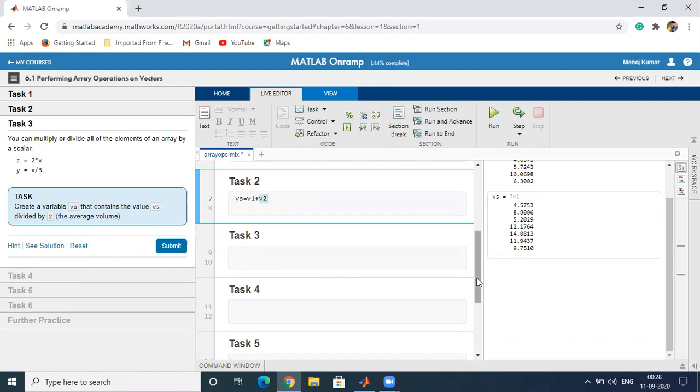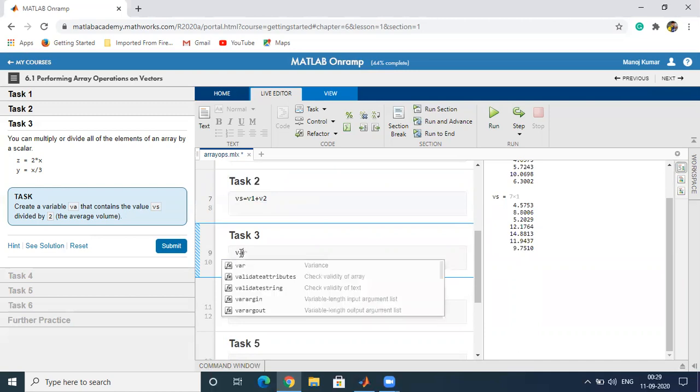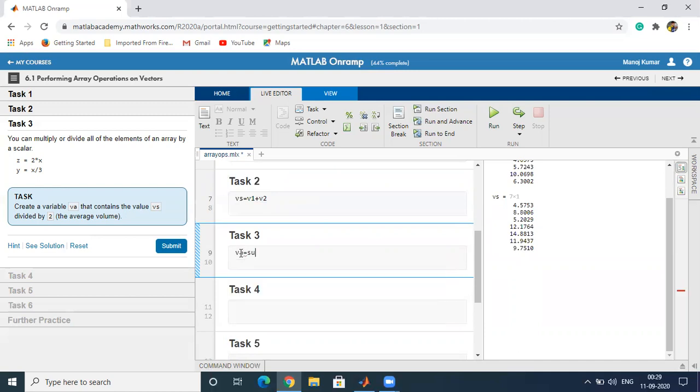We use the sum command for adding the components: va equals sum of vs, then we get the sum of all the components and we divide it by 2 to get the average volume.